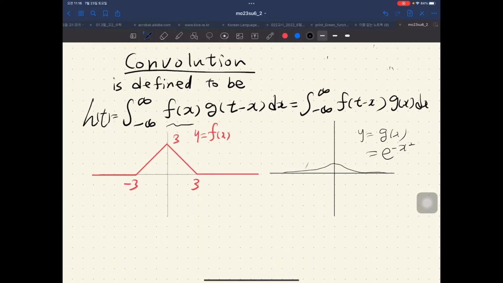Let's begin. Convolution is defined to be a function h of t, and is also defined to be the definite integral of x from minus infinity to infinity of two functions multiplied, f(x) and g(t minus x), but the function g is reflected to the y-axis and translated according to t,